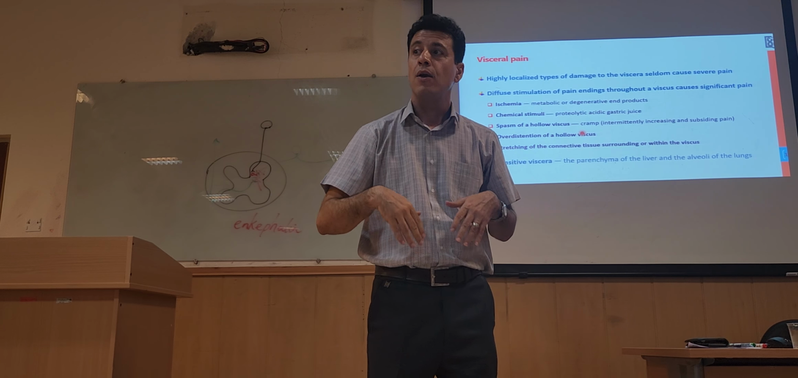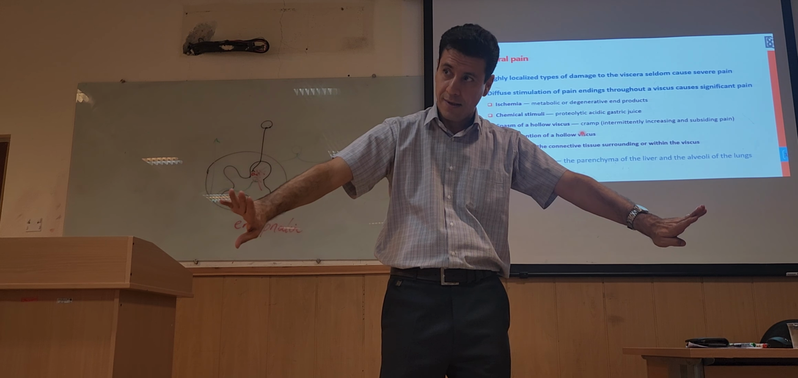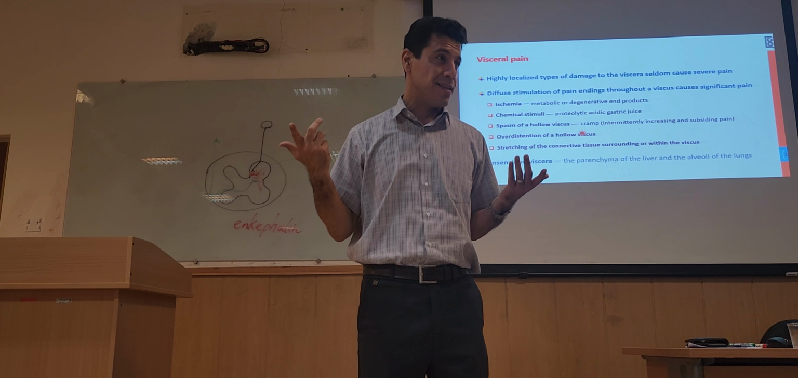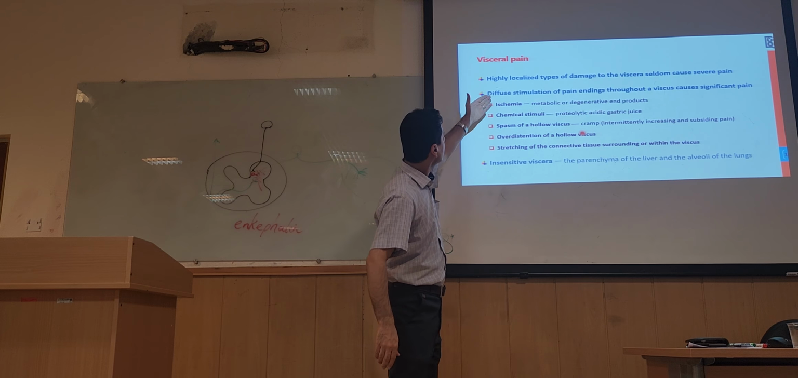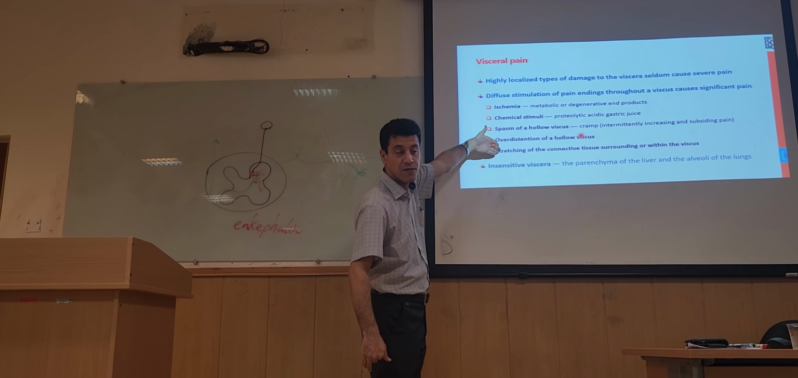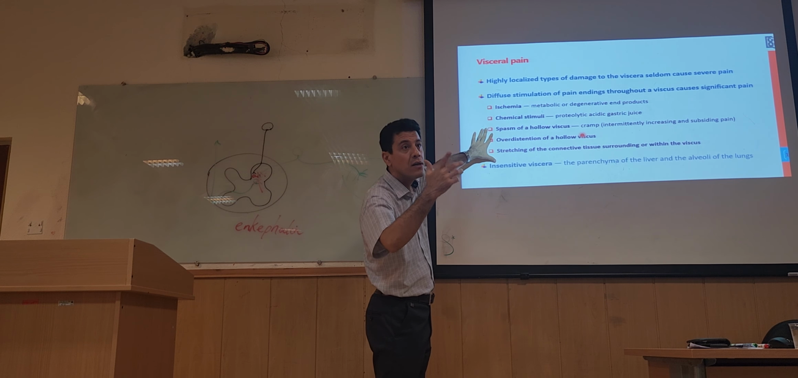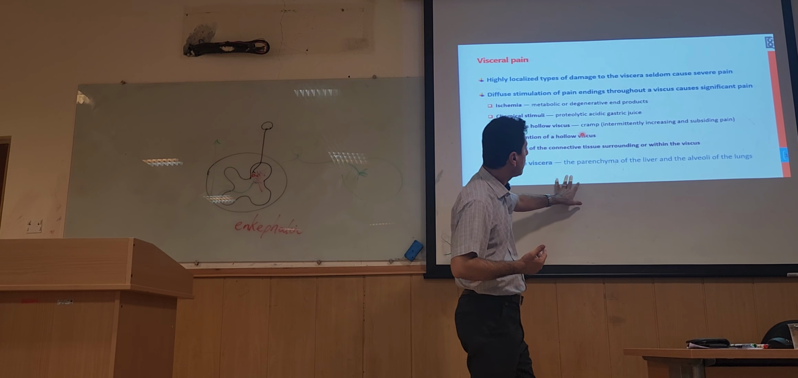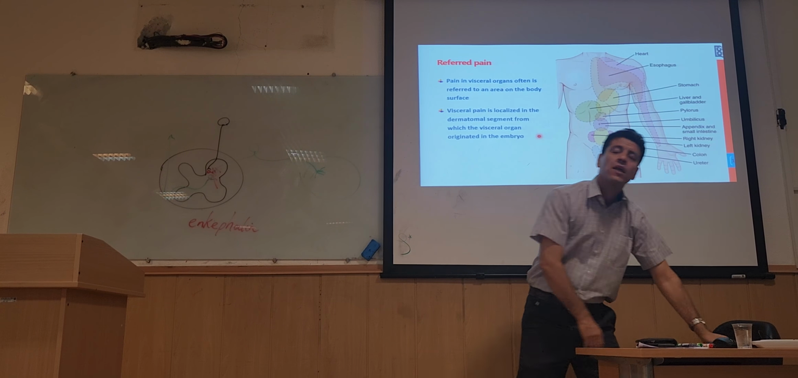So that's why we suggest the patient stay lying after the LP and not sitting or standing, because it causes pain, right? So, ischemia, chemical stimulation, spasm, over distension, and stretching of the connective tissue are the stimuli for visceral pain. You also have insensitive viscera, like the parenchyma of the liver or lung, the brain itself. But